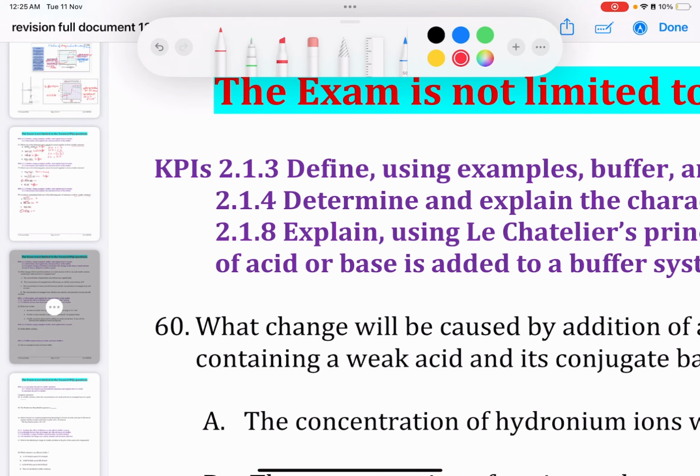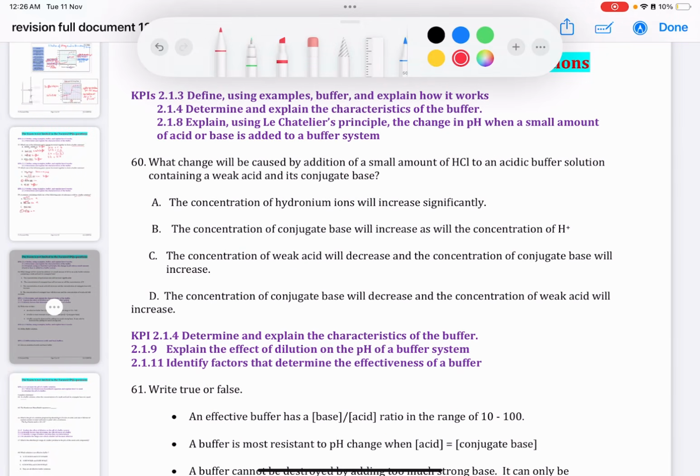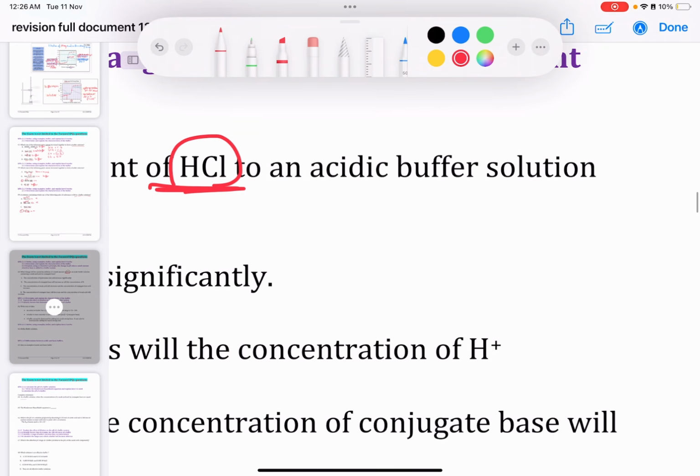Let's move on. What change will be caused by addition of a small amount of HCl to an acidic buffer solution containing a weak acid and its own conjugate base? If I have a buffer and I add a strong acid to it, the buffer will resist the change in pH. However, it's going to decrease slightly, but still it will resist the change in pH. Now, since the addition is acid to the buffer, and a buffer is made of an acid with its own conjugate base, so upon adding an acid, the conjugate base is going to react with this acid to neutralize it